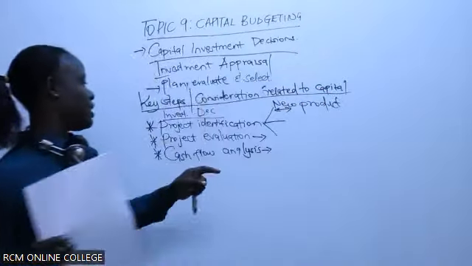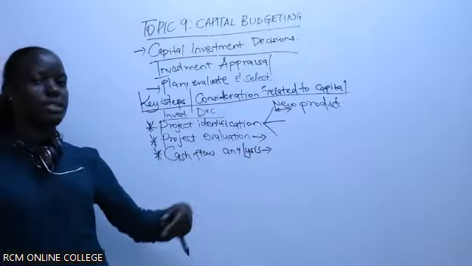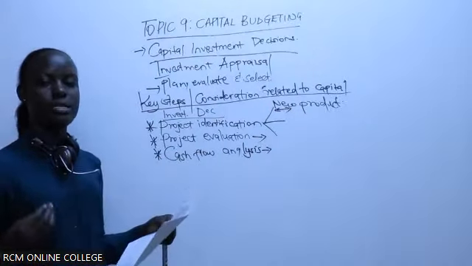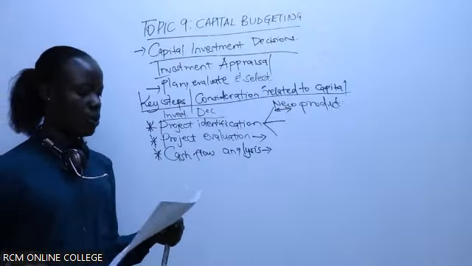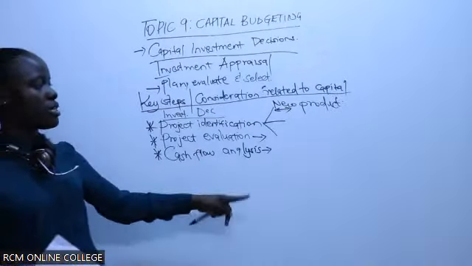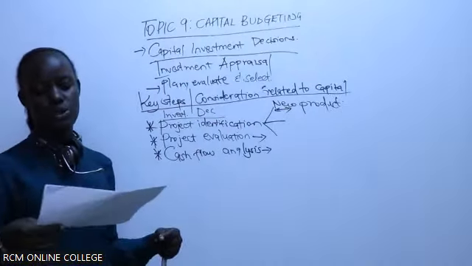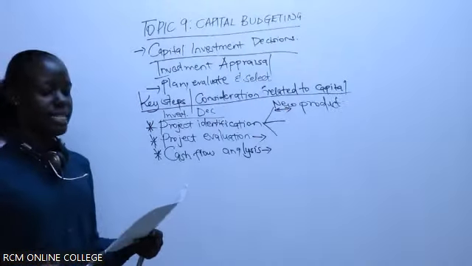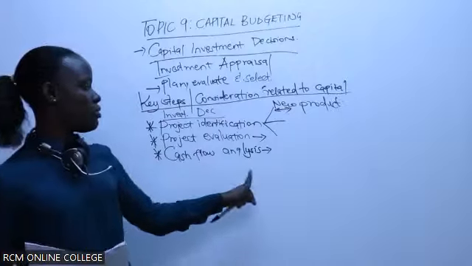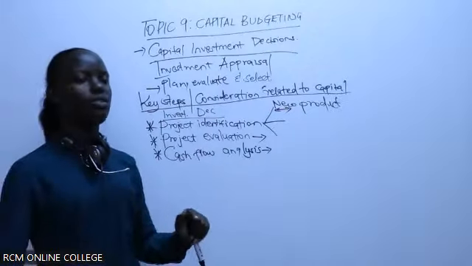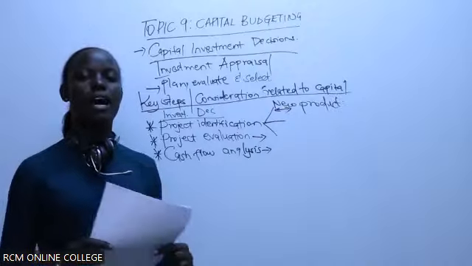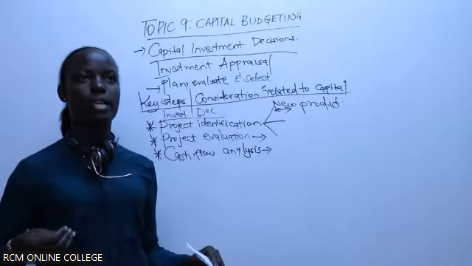Okay, thank you. Now, after you do a project evaluation. Now we've said that to do a cash flow analysis, you estimate the expected cash flows that are associated with the project or the investment that you want to venture in. This might include, for instance, predicting the future events. What future events or future cash flows are associated with the project that you want to launch? How will it be?